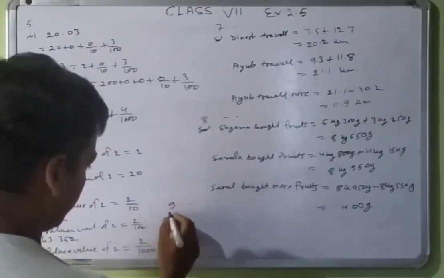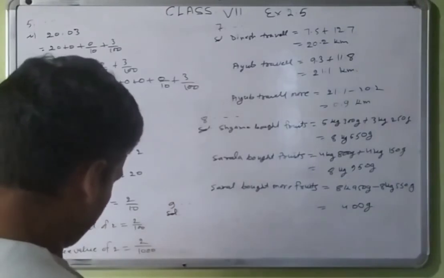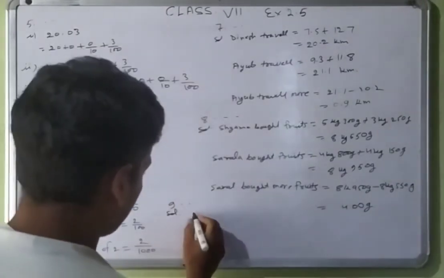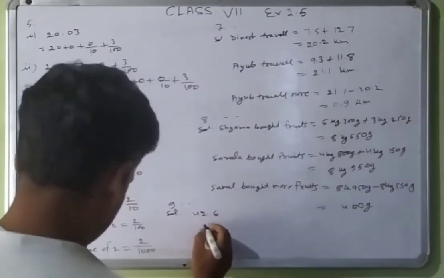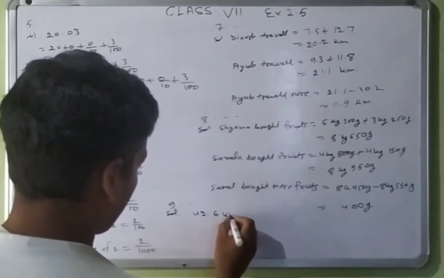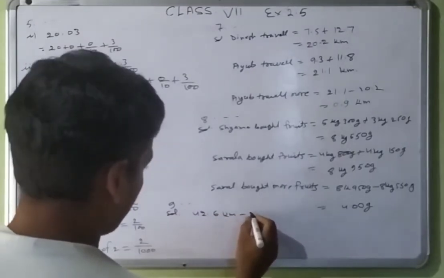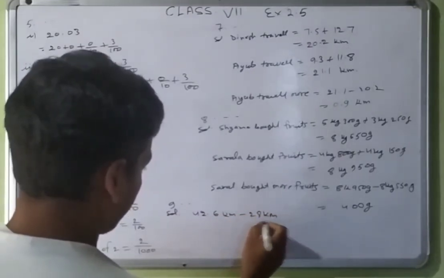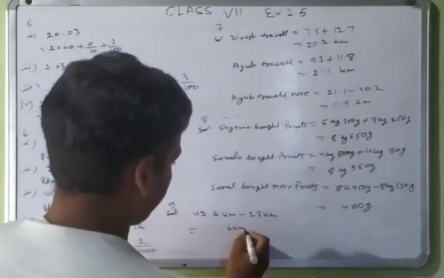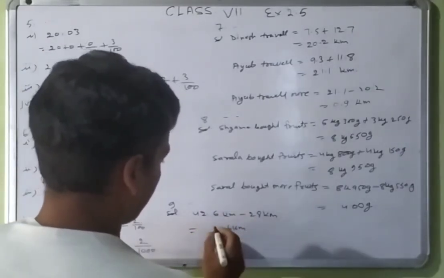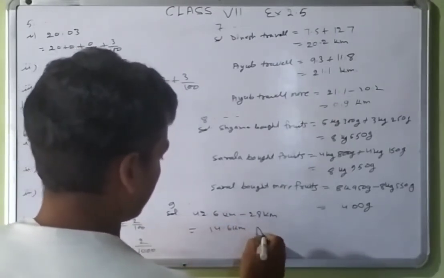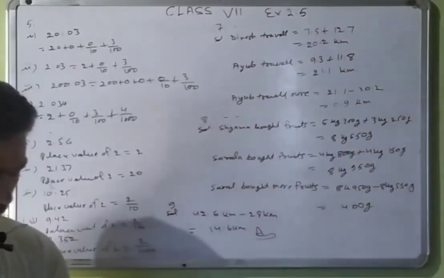This is not a very long question, so a small question. How much less is 28 than 42.6? Subtract 28 km minus 28 km. So that will be subtraction. The decimal 6 will become the same. 12 less 8 is 4 and then 3 less 2 is 1. That is 14.6 km.